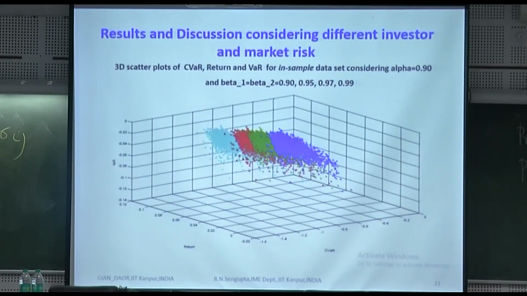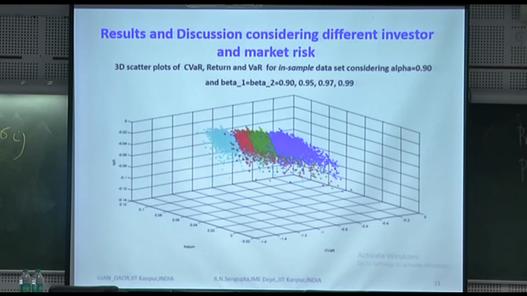Now what is very interesting is that in a 3D diagram, as I plot for different values of beta, we see my level of risk, which is the beta 1, beta 2 which I had. It is not possible for me to rotate the diagram and show, but if you look at it, they are overlapping envelopes. The light blue is overshadowed by the red one, which is overshadowed by the green one, and the final one is the highest beta one, the dark blue one. So at any level of risk and return, if the betas are different, obviously if sigma is fixed, return will be different, or if return is fixed, beta would be different.